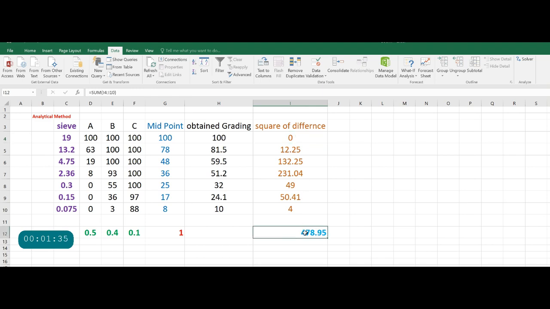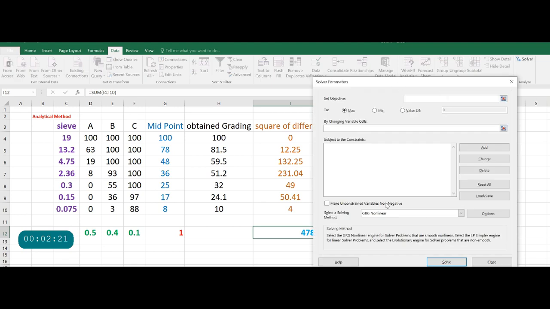Now our objective is to minimize this difference, to minimize this value, and the constraint is that PA plus PB plus PC should be 1, and we should vary the values of these proportions PA, PB, PC. In Data, you will find the Solver function. When you press Solver, this window will pop up and it says set the objective.